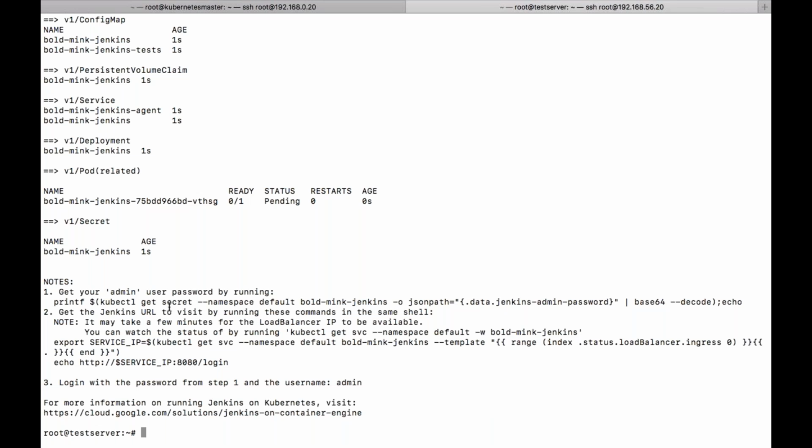If you want to get a password, or if you want to log into the pod, you can see here the service IP.